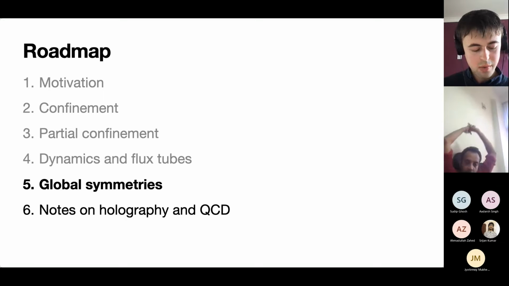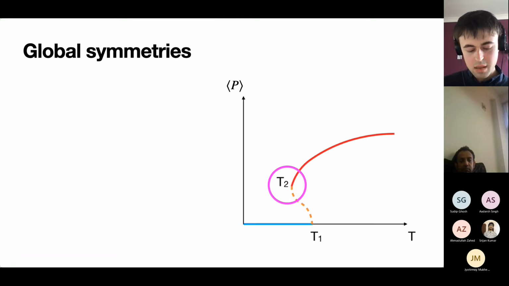So that was the new work on the dynamics and flux tubes, and now we'll talk about global symmetries and order parameters and how they relate to the partial phase. So previously we knew that the completely confined phase could be distinguished from the deconfined phase by center symmetry, and we want to know if there's something analogous for the partially confined phase. So we'll pay particular attention to this point here, which is when the deconfined saddle turns into the partial saddle. So we already know around here that we expect center symmetry to be broken. So we have to turn our attention and see if there's any symmetry which breaks here.